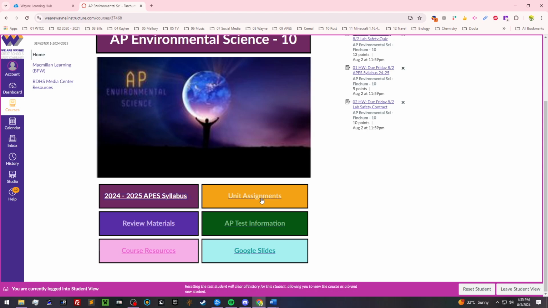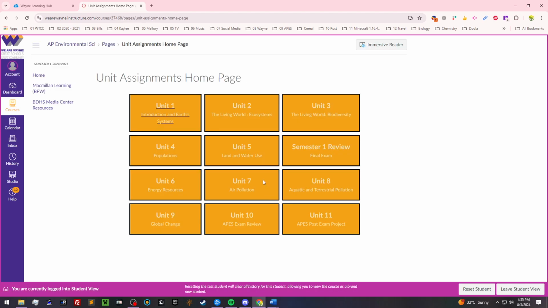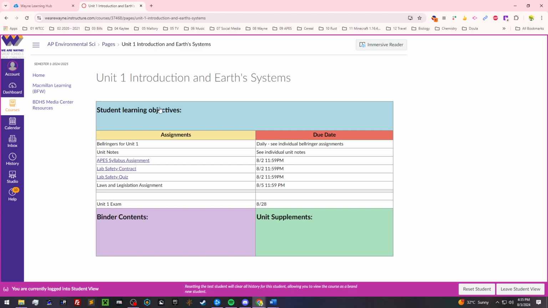The second one is your unit assignments. This is going to be where you go each unit to find the assignments for that unit. So we are currently in Unit 1. You will see that we will have some bell ringers starting soon. You'll have your notes that will be linked here, and at the top of your notes tells you when those individual notes